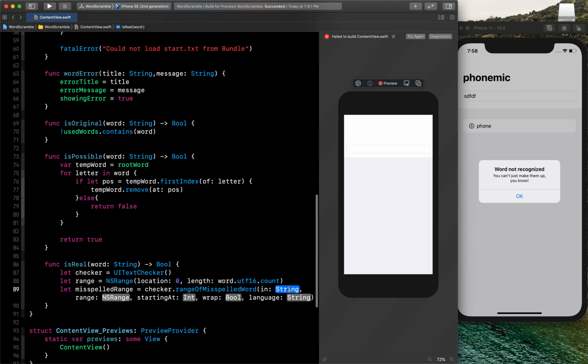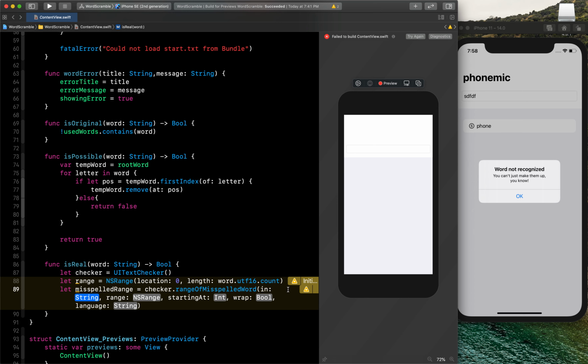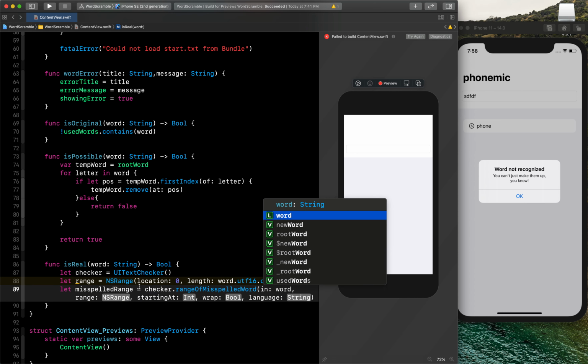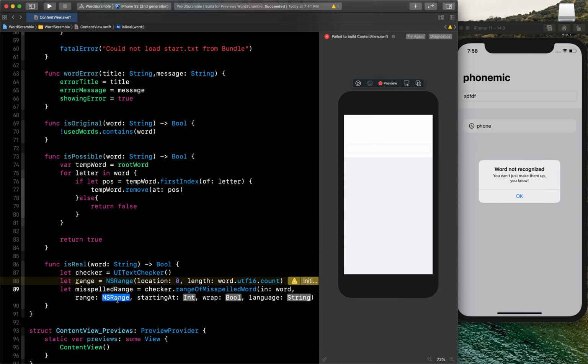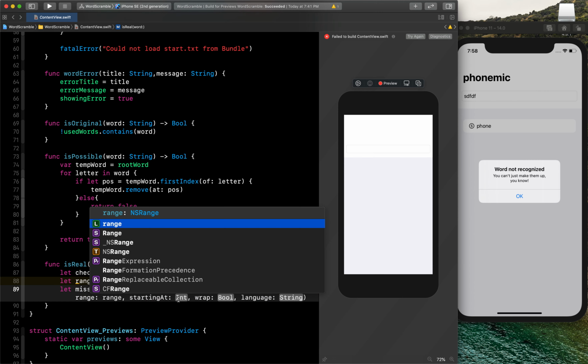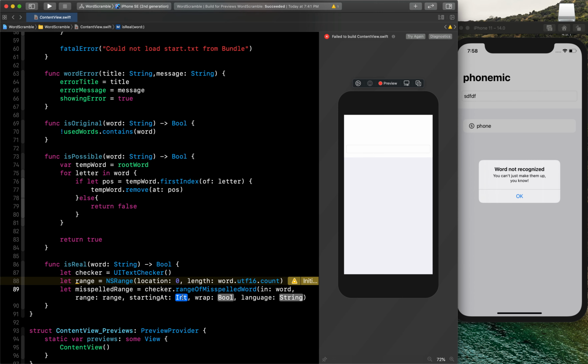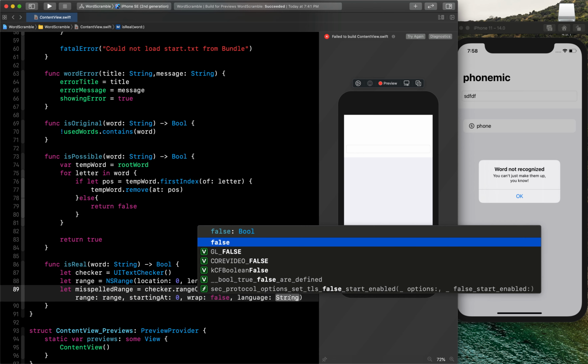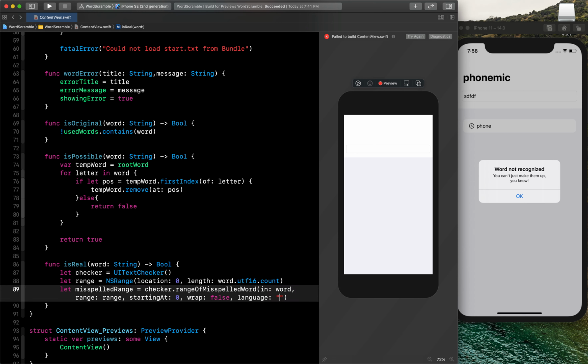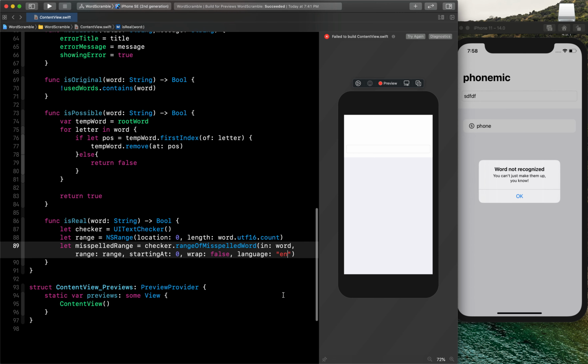And now we need to provide our string here. So first we'll provide the word which the user has written, the range which we have created at the top, then the start position I have to give here, which will always be 0, and I don't need to wrap this, so I will make this false, and the language will be English. So for that I need to provide this extension of English as en.